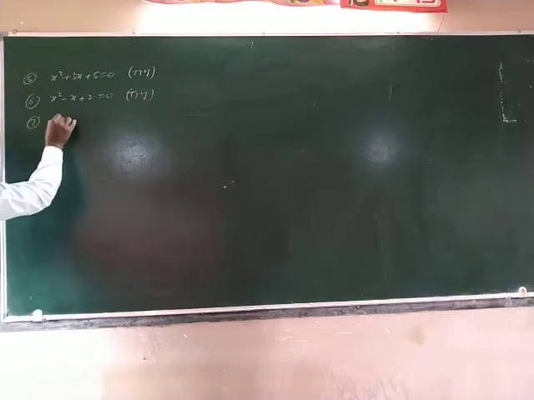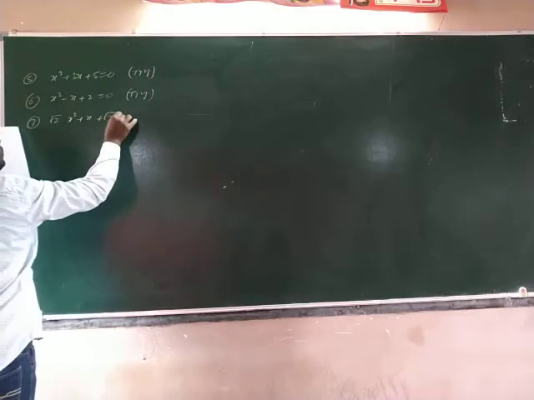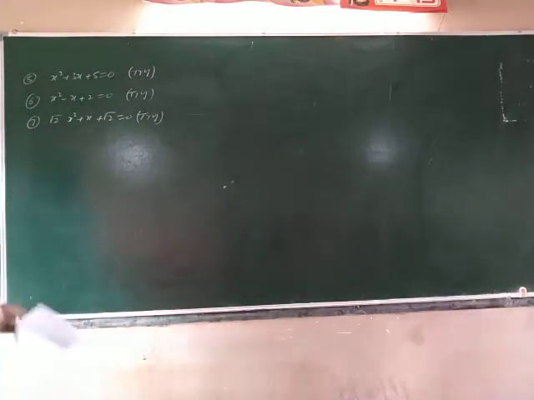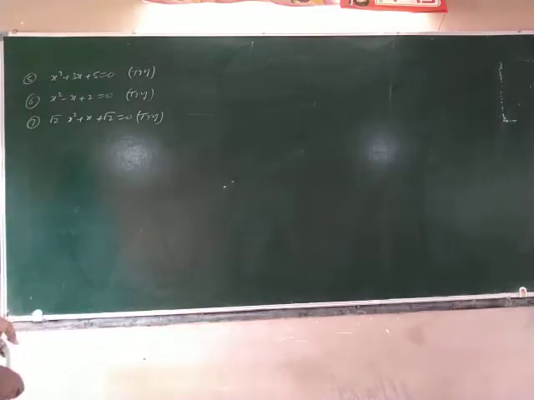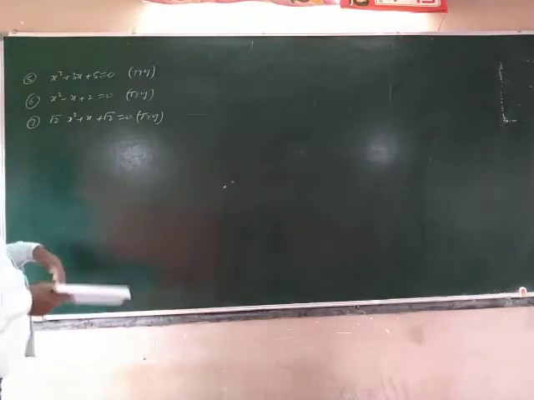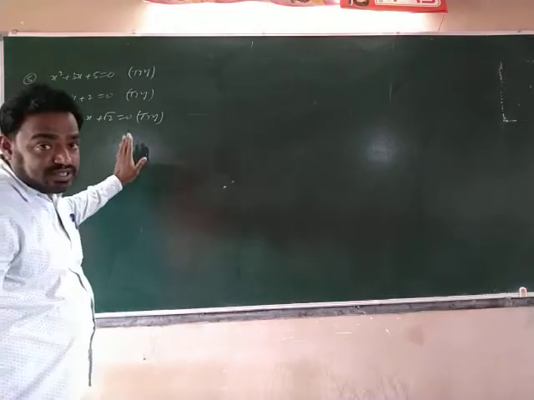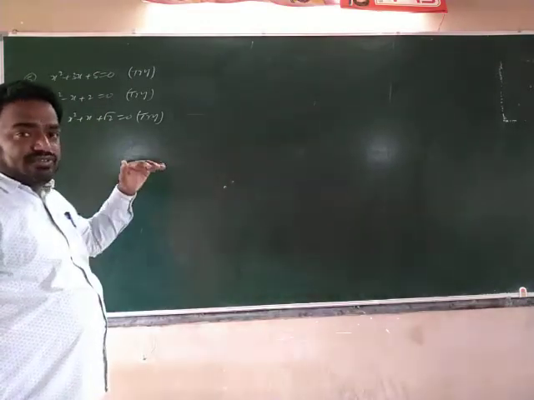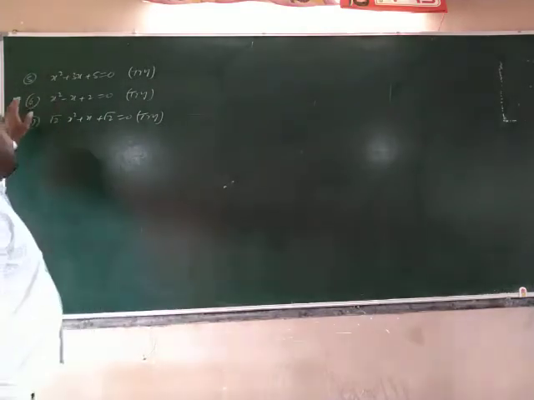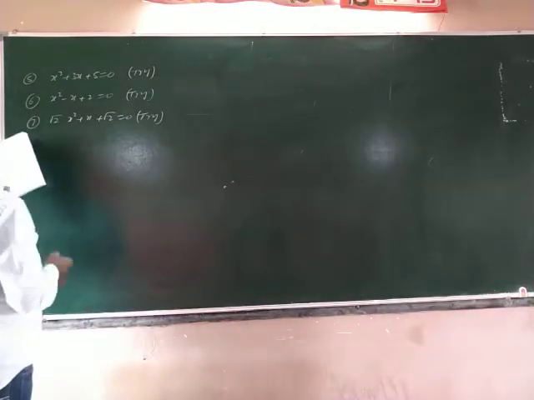Seventh one: root 2 into x square plus x plus root 2 equal to 0. You try this one. This is similar to example 11, right? In place of root 2, there is root 5. Same. You try these 3 questions, and the solutions to these 3 questions are also at the back of your textbook. Once you try this one, follow the same process, and definitely you will get the answer, and you can check your answer in your textbook.